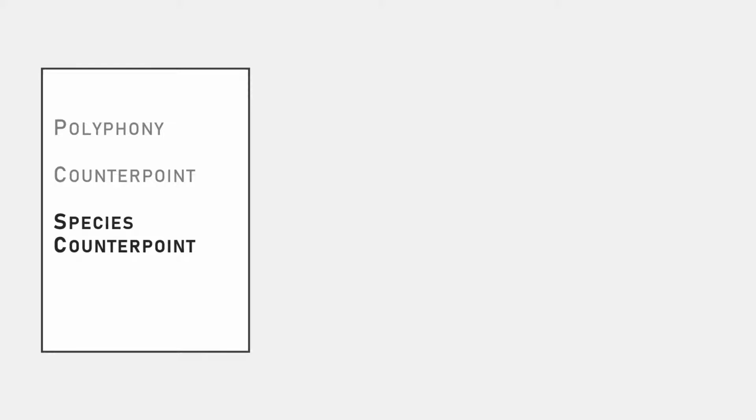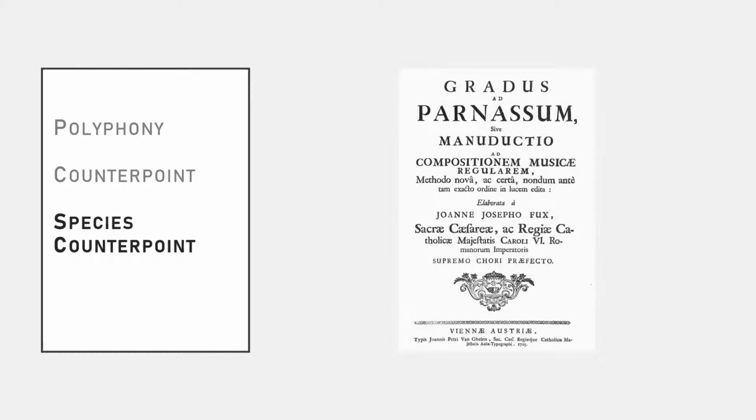The most famous example of species counterpoint is the Gradus ad Parnassum, or Steps to Parnassus, by Johann Joseph Fux, written in the 1720s. That is the textbook that I'm going to focus on in this video series. It's still very accessible, you can get a used copy on Amazon for less than $10, and this specific book was used by many of the greatest composers in Western music. Haydn, Mozart, and Beethoven were all taught out of this book, and they used it to teach their students.